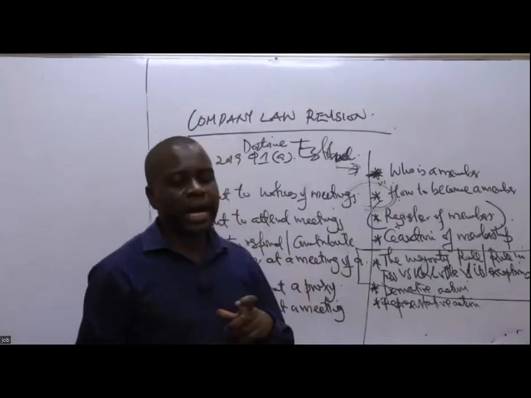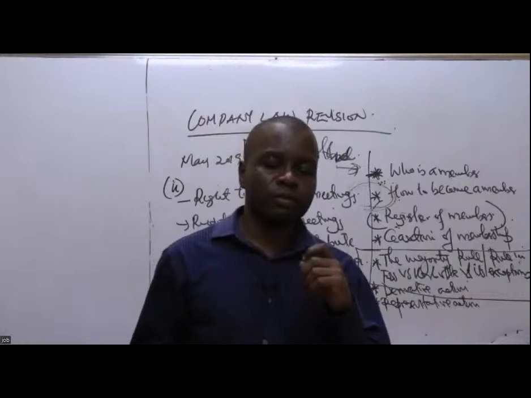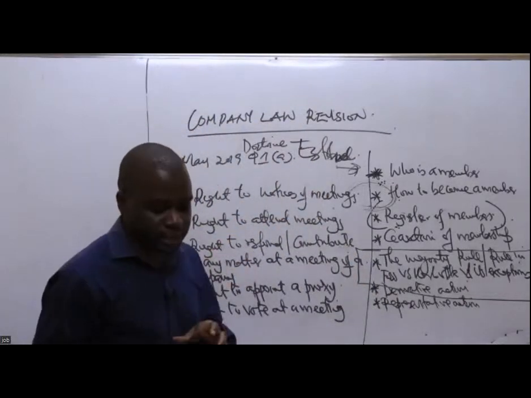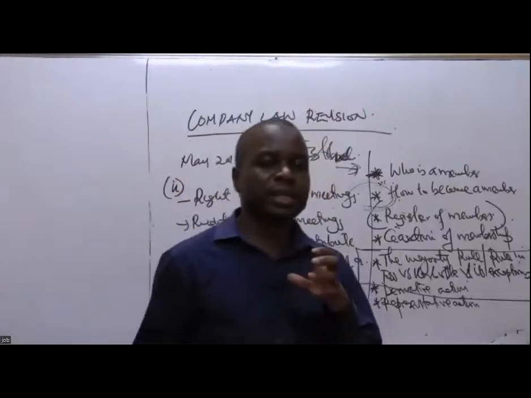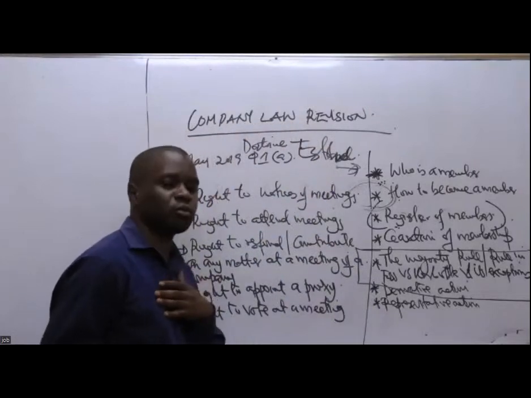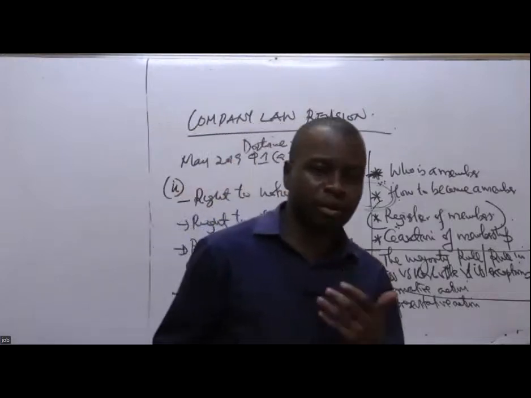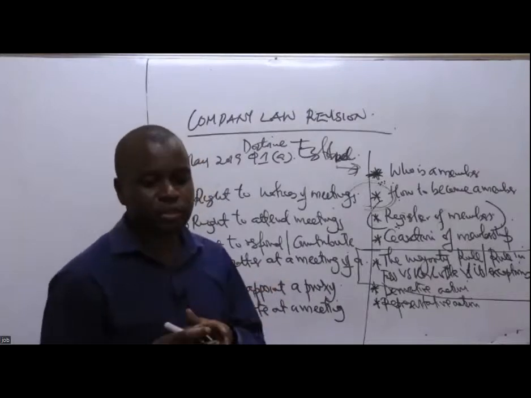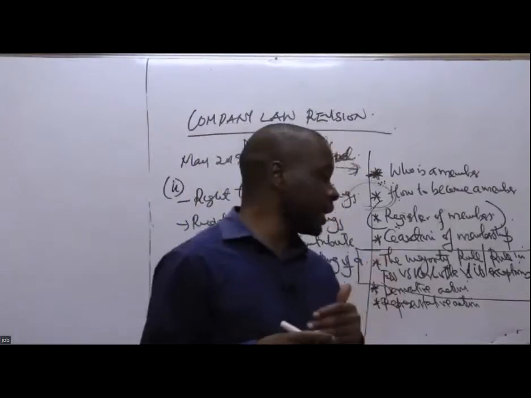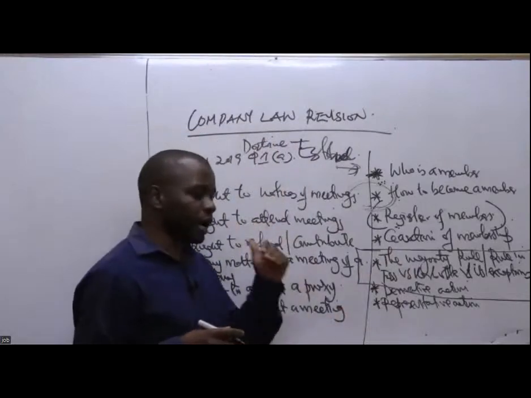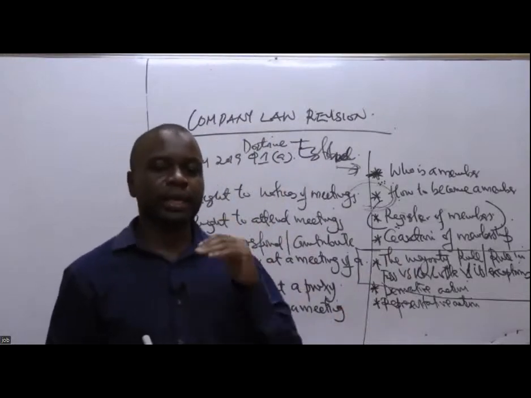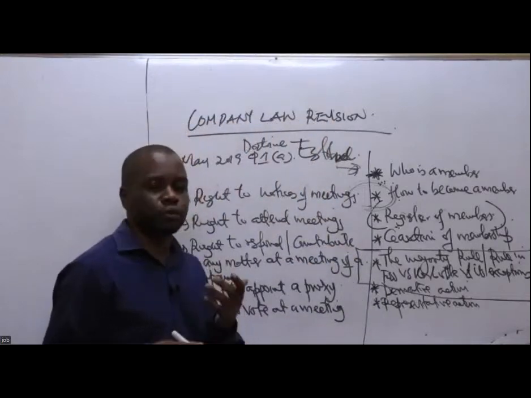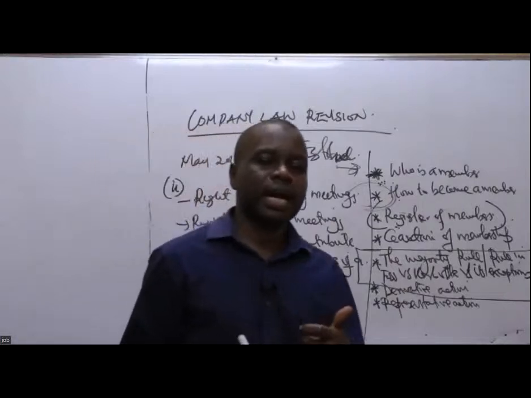So this particular rule recognizes the principle of separate legal entity. If you haven't gotten it, I'm saying this rule states no person can bring a case on behalf of the company in court, but it is the company itself, because it is a person by itself, and it can sue or be sued in its own name. No person can bring an action in a court of law on behalf of the company, but it is only the company itself, by acting on a decision that has already been approved by the majority of the members at a meeting of the company.